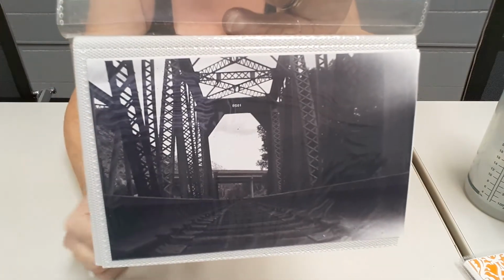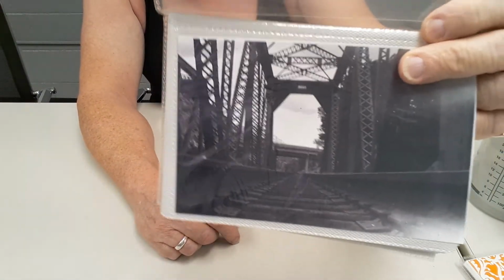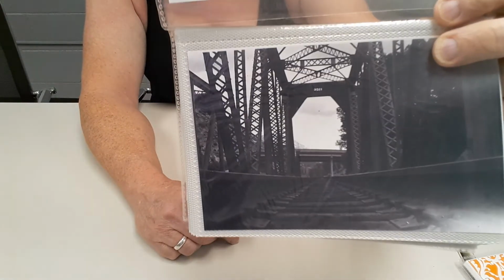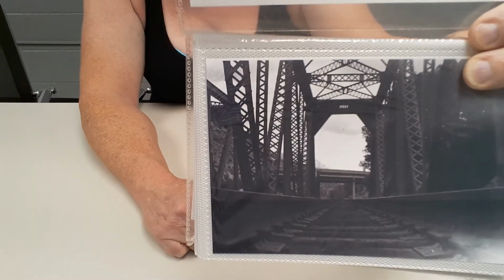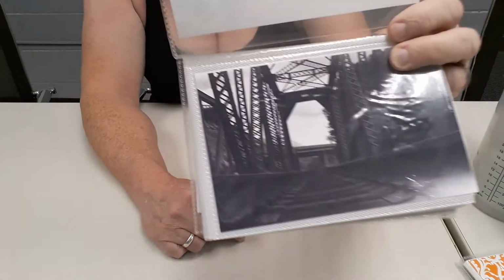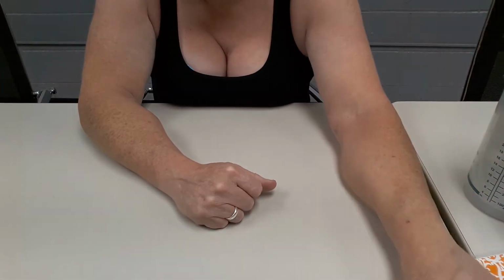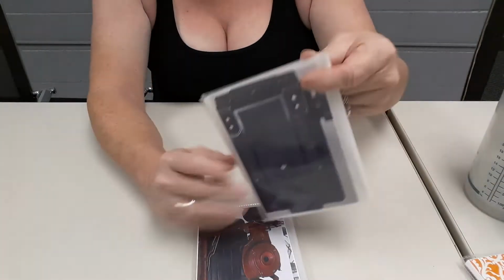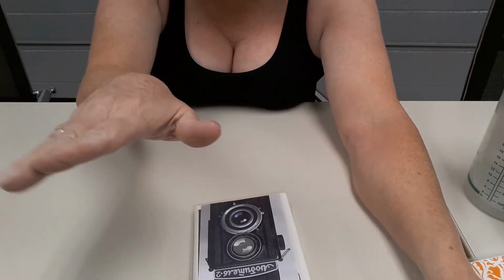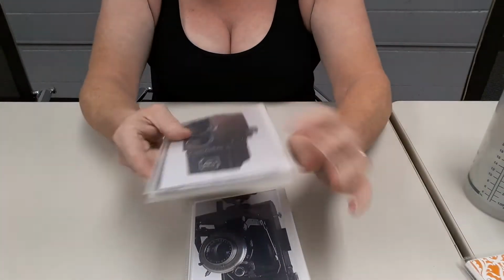But anyway, I just think these trestles are really bitchin', so I usually try and seek them out and shoot them, because they're just really kind of cool. And there's a lot of train tracks kind of up where we live. So I usually try and go, and I like train tracks that are going out and kind of fading off into the brush. But I really need to do